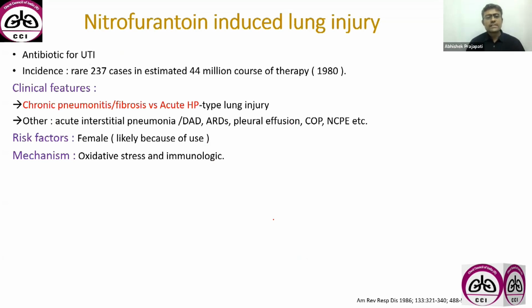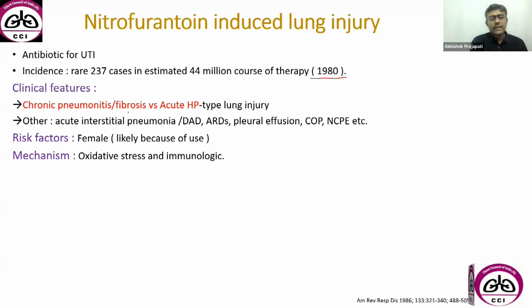The last drug which I want to describe here is nitrofurantoin, because it is a very old antibiotic for UTI, but it is now being used in the recent era because of its sensitivity. Because of the changing antibiogram in the hospitals, because of more ESBL UTIs, which are now sensitive to nitrofurantoin, many patients are given nitrofurantoin in the present era in our hospitals, and in some chronic UTI cases, it has been given for a longer duration. And so that's why it is important to know what nitrofurantoin causes in lung injury. The incidence is very rare, but it is studied in very old literature.